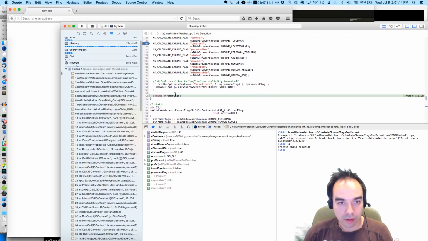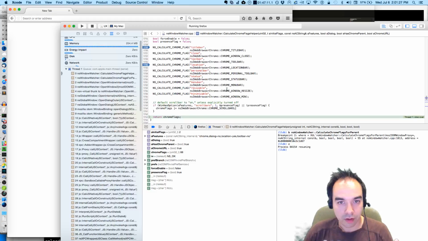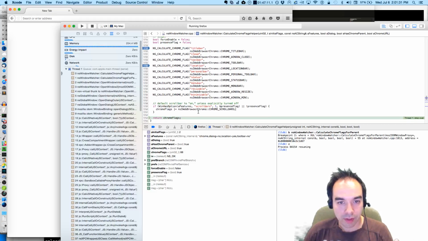Wait. If Win has option, feature scroll bars. Presence flag. Did I screw up? How come we didn't add the Chrome scroll bars? I feel like we should have.